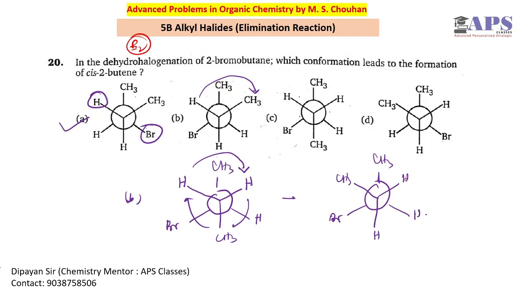Now you can have an elimination reaction where C's product is formed, because these two methyls are on the same side. But we have to fix the conformation, because we have to choose the proper conformation which can give a cis-butene product. We can't rotate this molecule at all. So we have to freeze these molecules in this conformation only, then check the answer. According to the conformation, only A is going to give a proper cis-2-butene product.